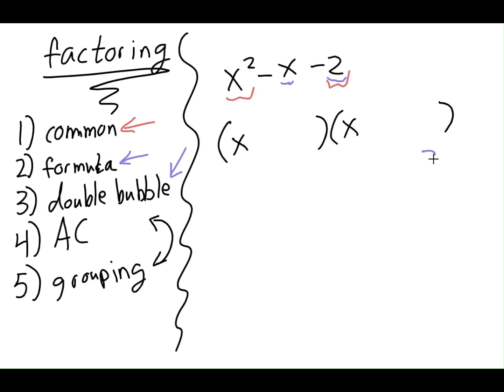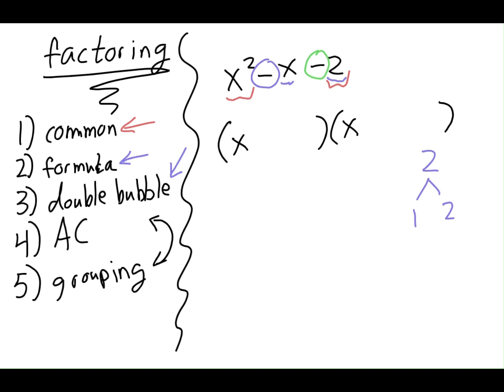So what I like to do is just write the 2, and I like to ignore the negatives until the end. They are very important, but I'll ignore it until the end. And just think, okay, how can I multiply two numbers to get 2? Well, there's only one option, 1 and 2. And then after I figure that out, now I'm going to consider the negative and say, well, because this number is negative, two numbers that multiply together to get negative means only one of them is negative. So one of these two has to be negative, and which one will be determined by this sign here,